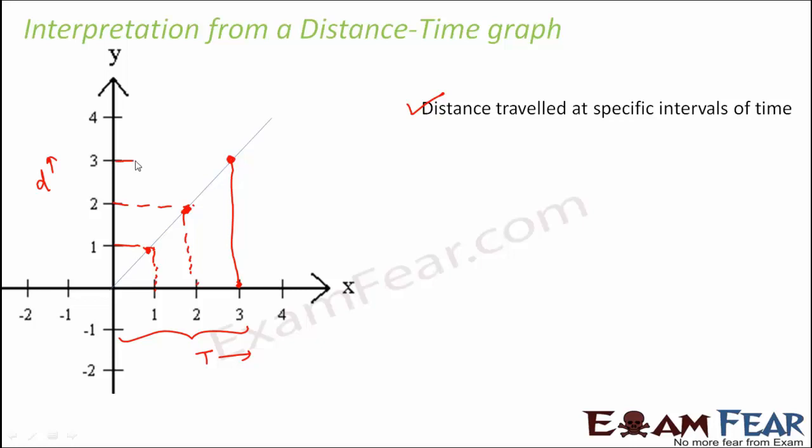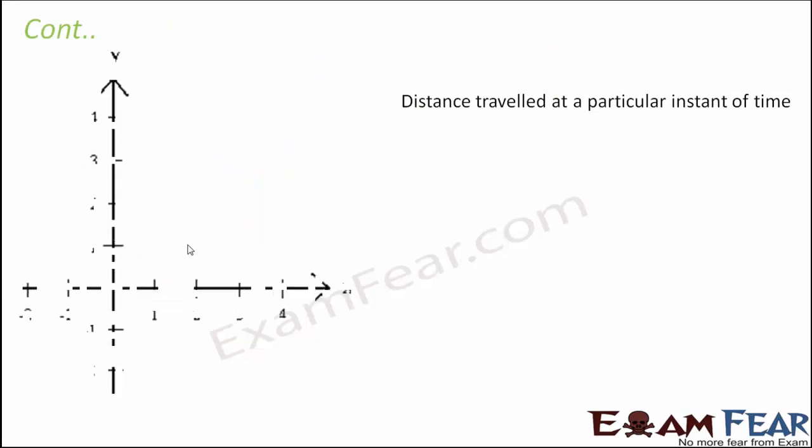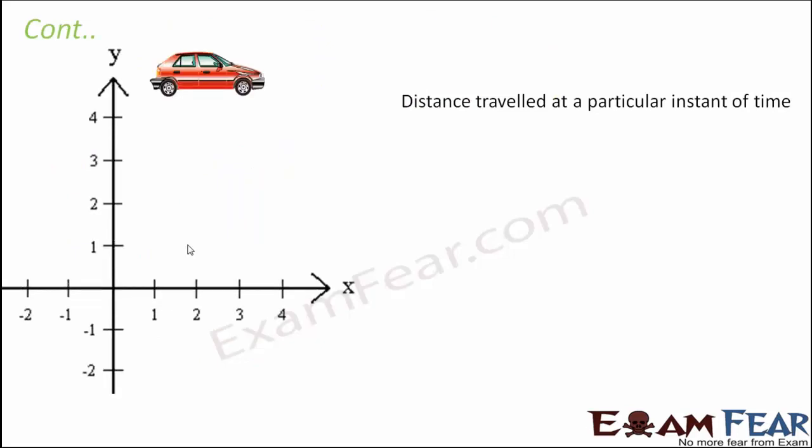So for this point, what is the corresponding distance? That is 3 kilometers. So you would say that 3 kilometers is traveled in 3 hours. So each point represents how much distance traveled in how much time. So with that information, we can tell when the car is moving, how much it has covered in how much time. Now, the second interpretation from a graph could be the distance traveled at a particular instant